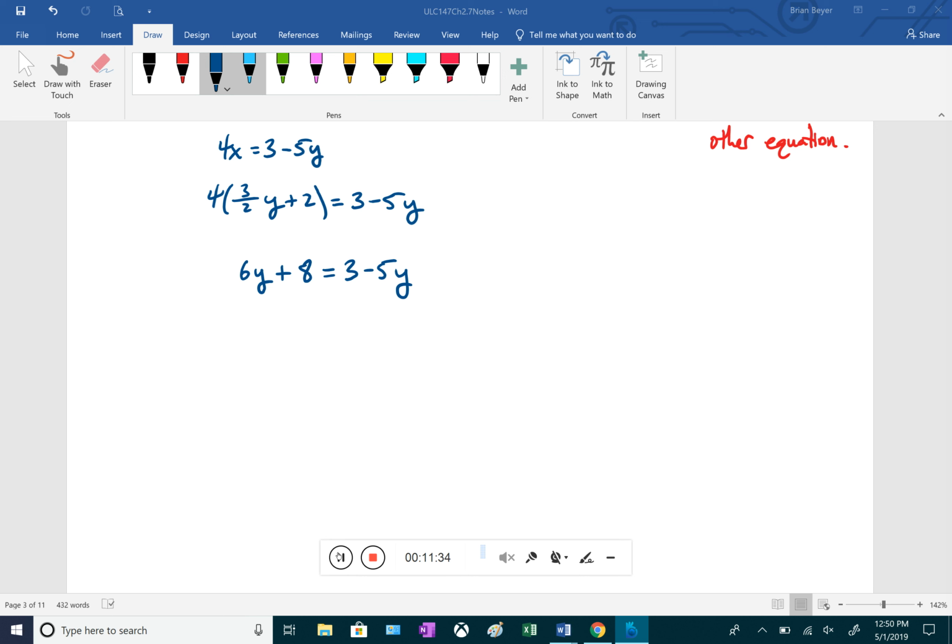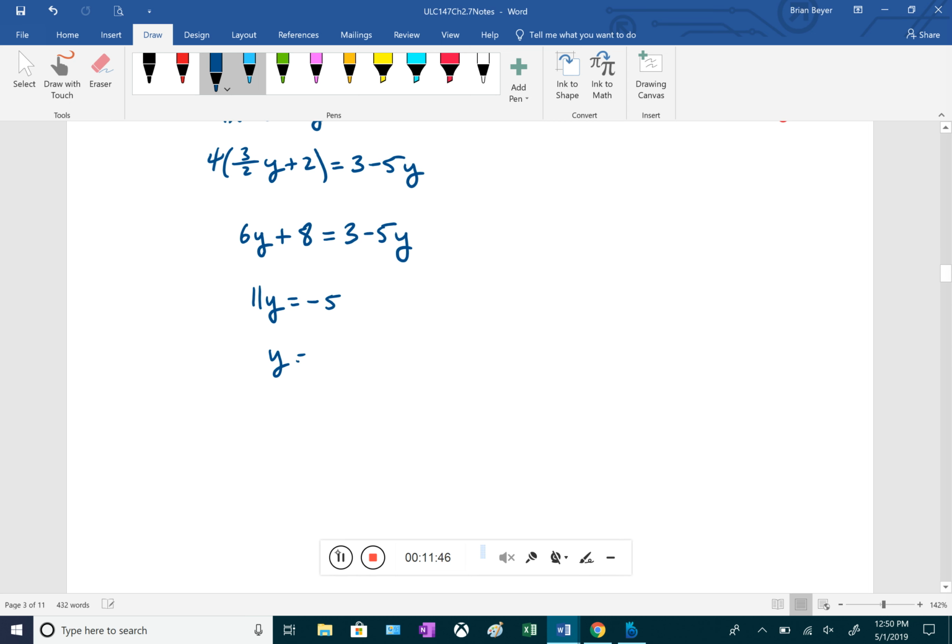And we're going to subtract 8 on both sides. So 6y plus 5y is 11y. 3 minus 8 is negative 5. So we get y equals negative 5 over 11. And we're going to take this